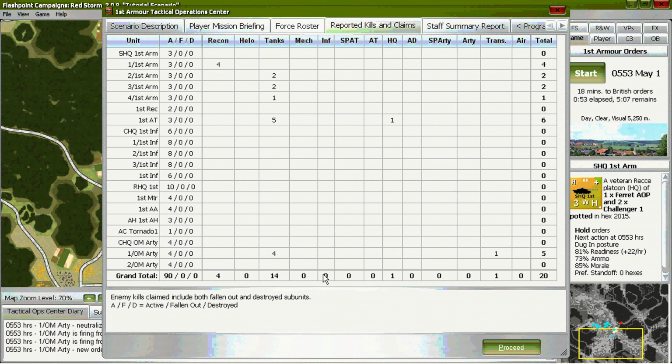There is also a listing for each of your units that shows the number of active runners, fallen out runners, and destroyed runners. Click on Proceed to close the Tactical Operations Center and go back to the map.